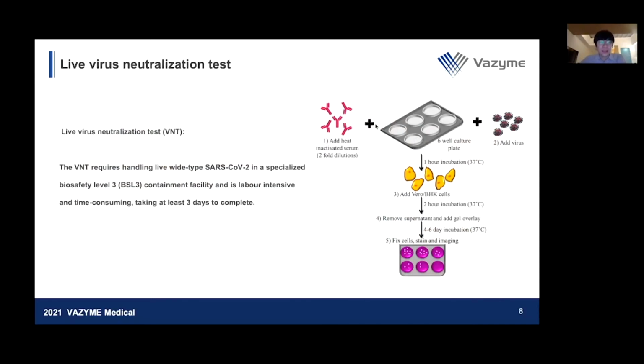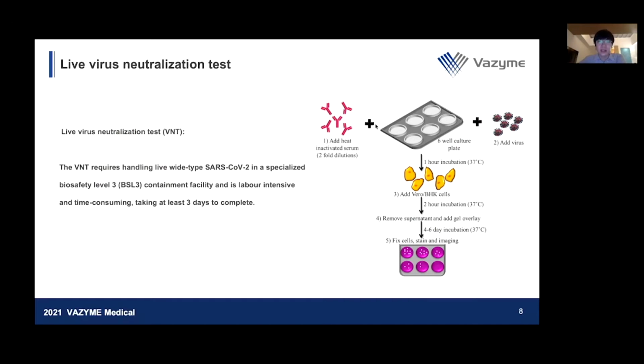So the classic method to analyze the neutralizing antibody is to use the live virus neutralization test, or the VNT. The VNT requires handling live wild type or mutant SARS-CoV-2 virus in a specialized biosafety level 3, or BSL-3, lab, which is a contaminated facility, and the laboratory work is intense and time consuming. Usually that will take at least 3 days, but usually 4 to 6 days to finish all